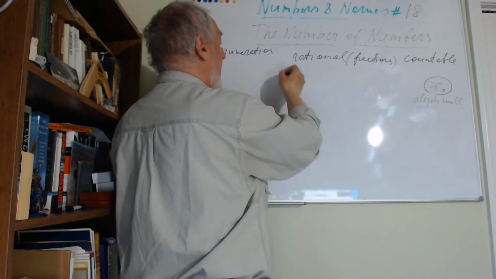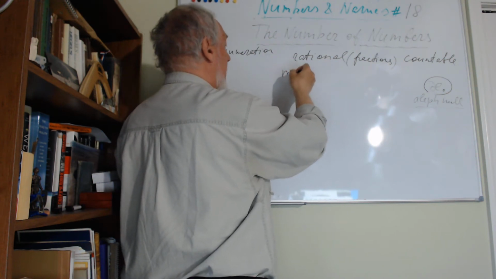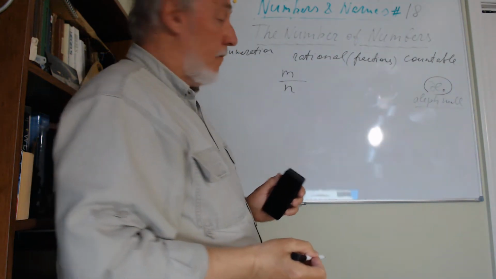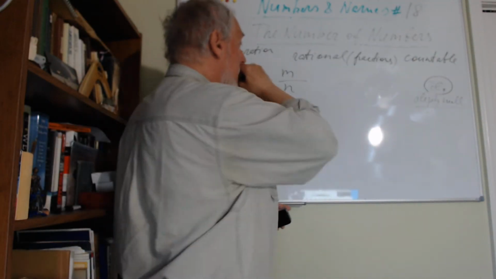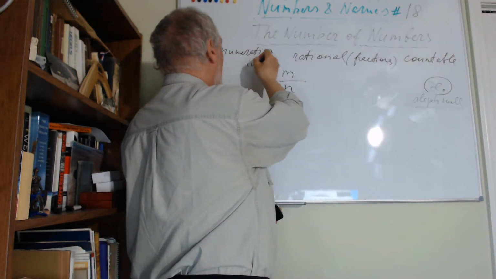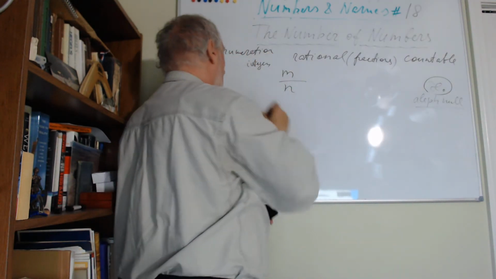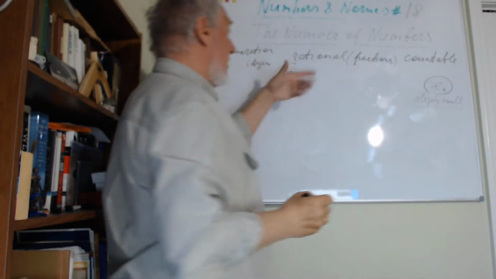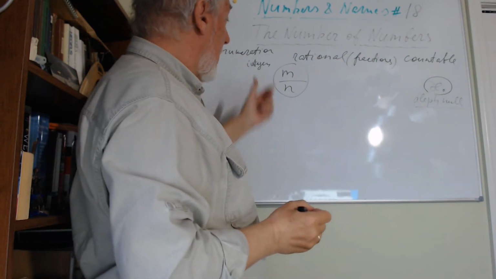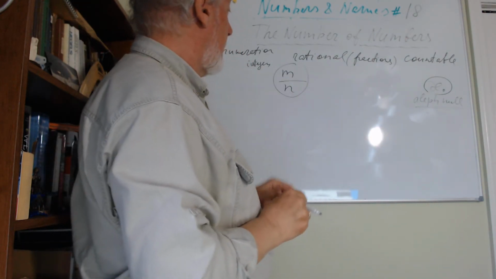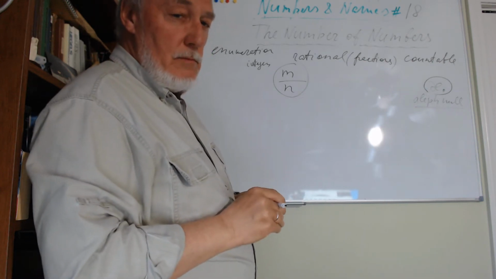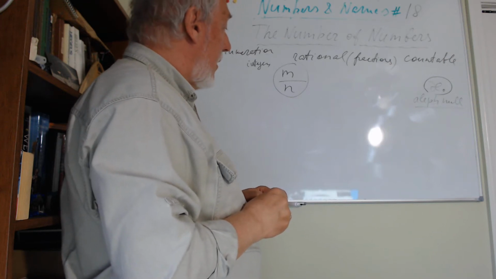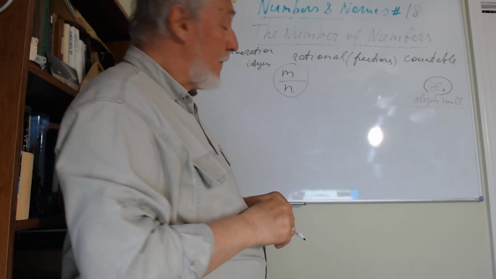So a rational number is a number that you can represent as some number m divided by another number n, where m and n are integers. Yeah, m and n integers. That's the definition of a fraction. It's a ratio. That's why it's called a ratio, and the same thing is called a rational number. So what do you think? How many of them? Infinity. But which infinity? Again infinity, but can we count them somehow again?